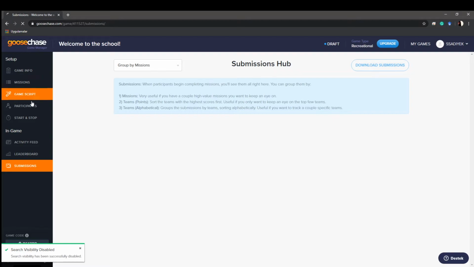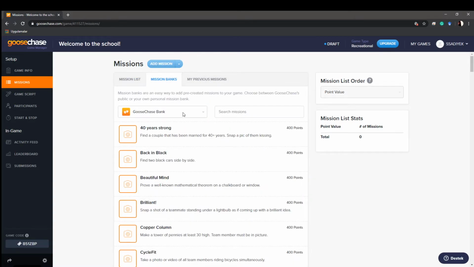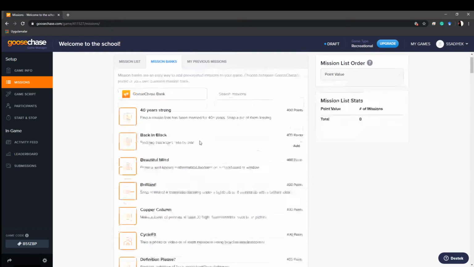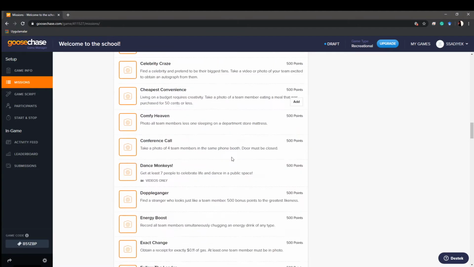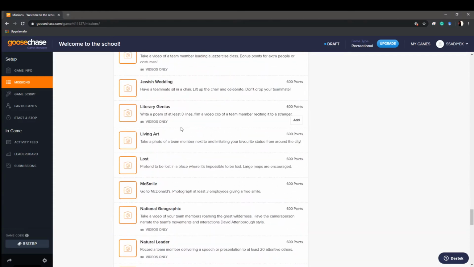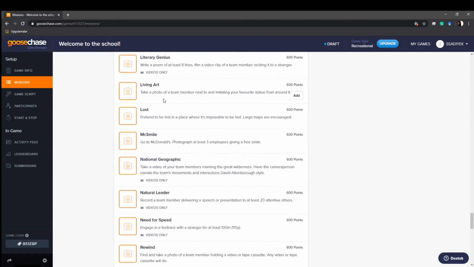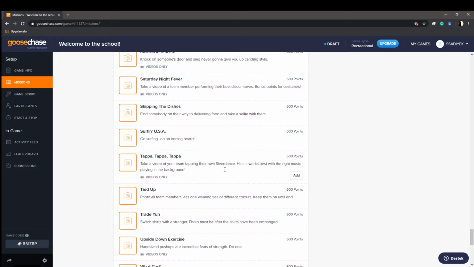So let's go back to the missions. So we have a mission list here. I can add some missions here. I can use a mission bank. This is like a GooseChase bank. There's a GooseChase bank. And you can see, for example, lots of pre-prepared missions with points and stuff. You can just add one of these. For example,